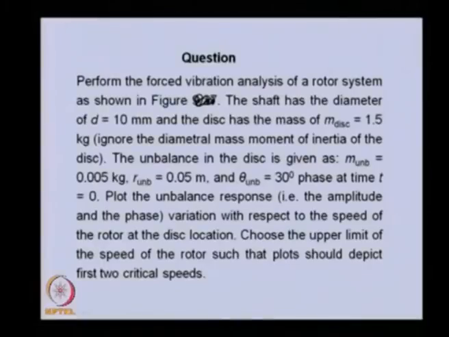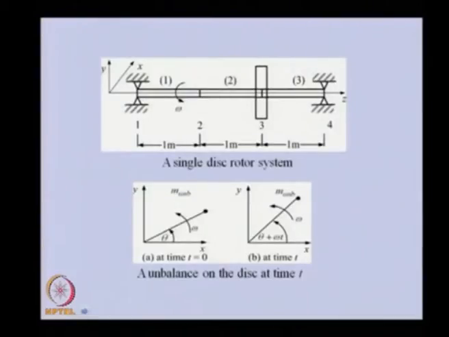So, how to obtain the unbalanced response, and we will be taking up a very simple example. Basically this example will be exactly the same as we have done for the simply supported beam case. Only thing is now we will be adding the unbalance in the system. So, in this particular case, this is the similar simply supported beam. Only thing is we are now keeping a disc here. For illustration, again divided into 3 elements, and at node 3 I am keeping one disc, and in this disc we will be keeping some unbalance.